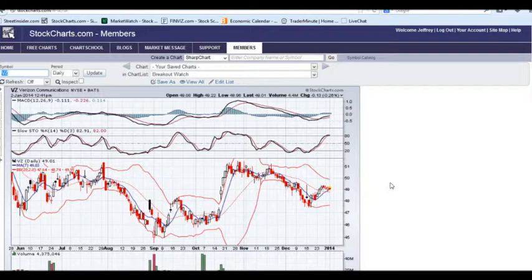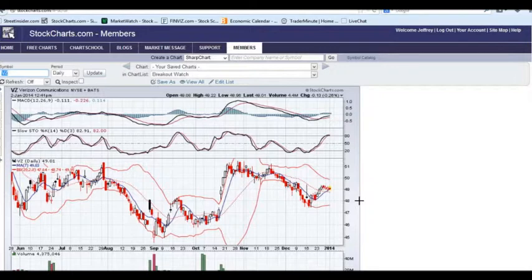And even when I talked about Verizon, there's nothing technically significant here. We're in a process of contracting bands. It's right in the middle, kind of like Walmart this morning when we talked about Walmart. Flip a coin, goes up, down, to the upper band, lower band. Why did I get in? Well, because